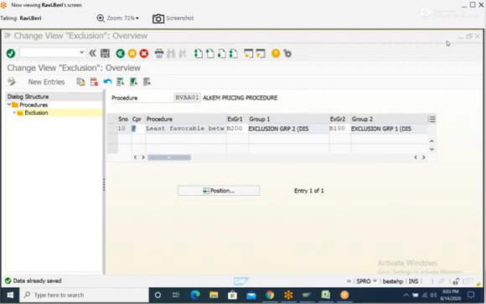See, that slab is not there, so it will not pick. So you have to give some maximum. After 500, you give some 1,000, 20, 10, like that. If the last quantity in the graduated scale is reached and your order quantity is more than that, you don't get a price. So you have to give slabs like that. Or if you don't want to give after 500, then mention some 1,000, 10,000, something like that, maximum.